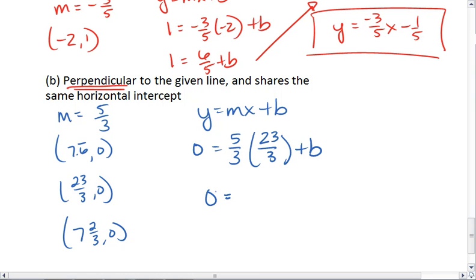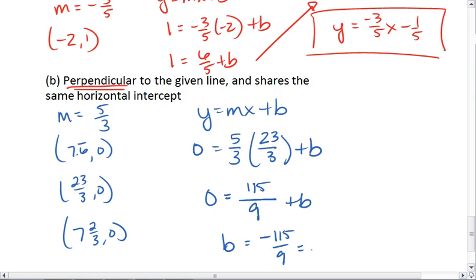Remember, when we're multiplying fractions, we multiply across the numerator, giving us 115, and then we multiply across the denominator, giving us 9. So b equals negative 115 over 9, which, if we plug this into our calculators,